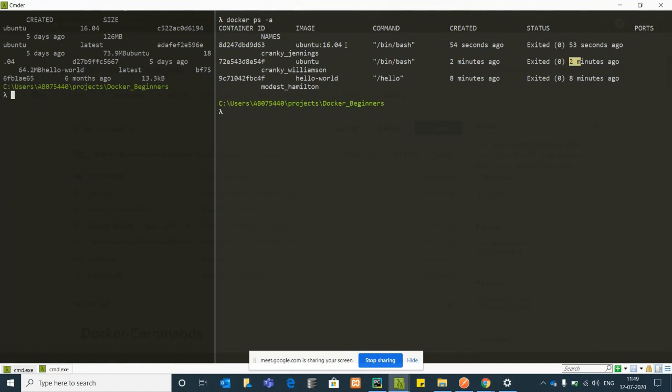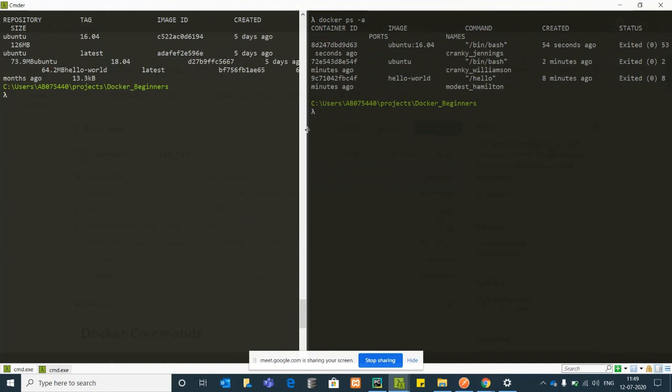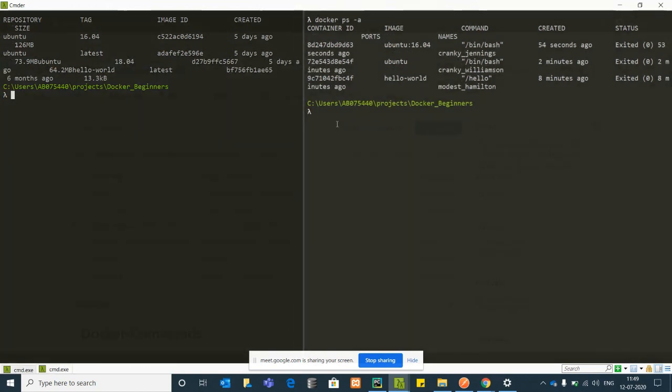Now, when we say Docker, why it says exited is because Docker containers are not meant to boot your operating systems. Those are meant to run your services inside your Docker container. So there is no service active on that Docker container presently, so it shows you the exited state.